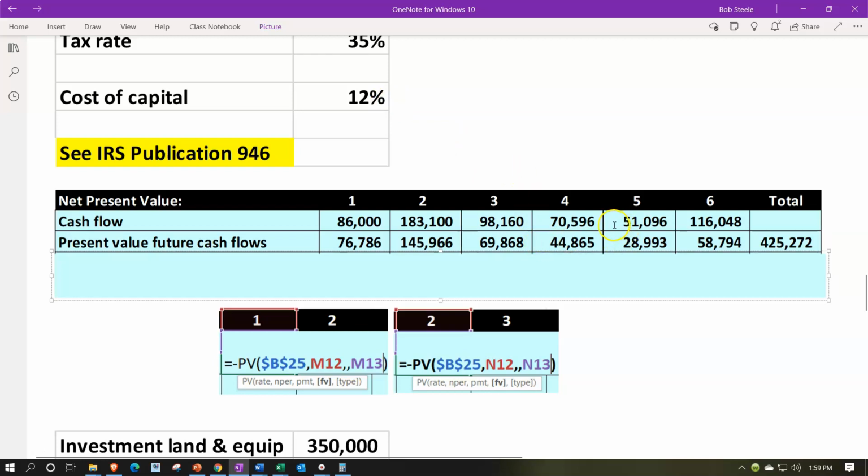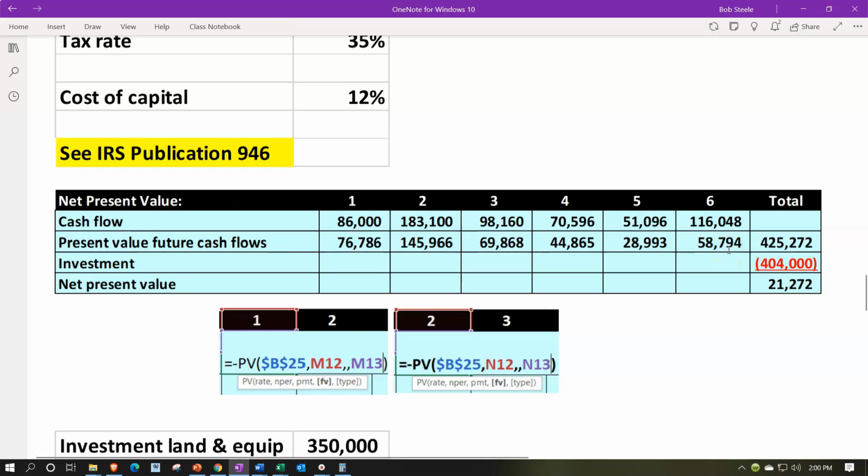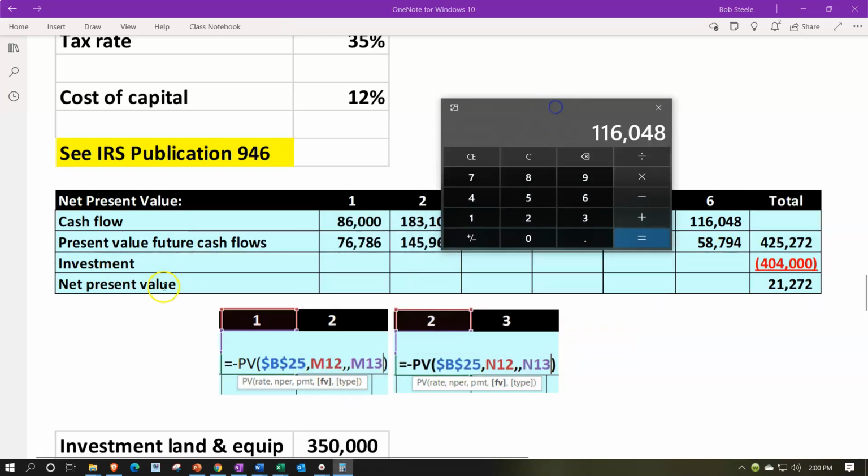The 51,96 discounted at 12% 5 years back, 28,993. And then the 116,48 discounted at the 12% 6 years back is the 58,794. Adding these all up, we get the present value of the 425,272. Comparing that then to the outflow that happened at period 0, which is the 404,000, which is a little